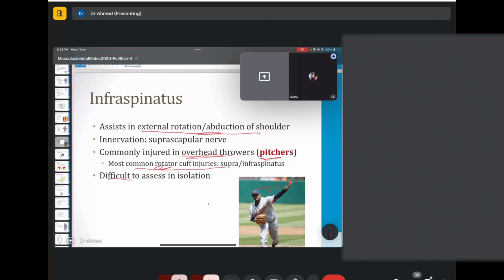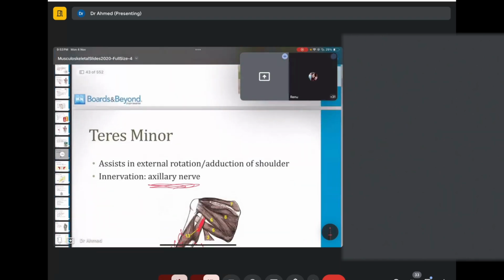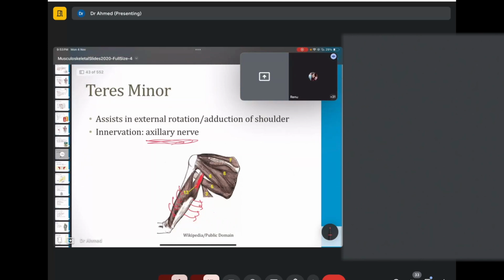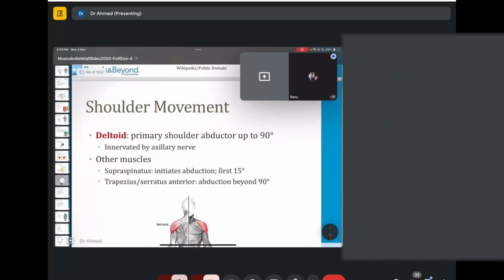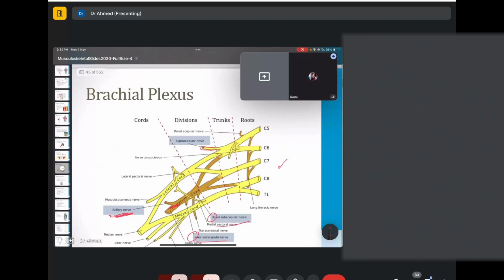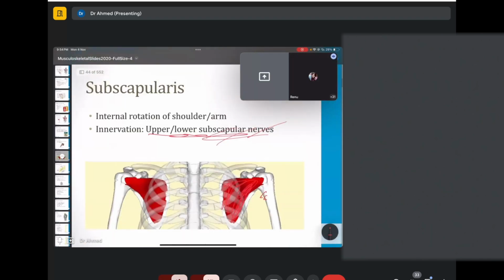Function is that it helps in external rotation and abduction. It is seen in people who are pitchers, because they have to throw overhead, so they're overhead throwers. And it does not have any specific test to assess. Then we have the teres minor, and its function is external rotation and adduction,